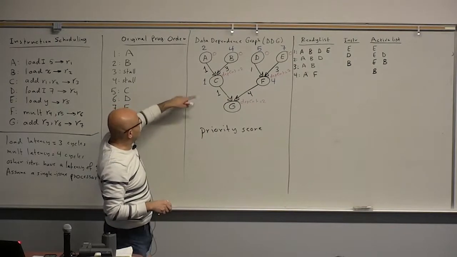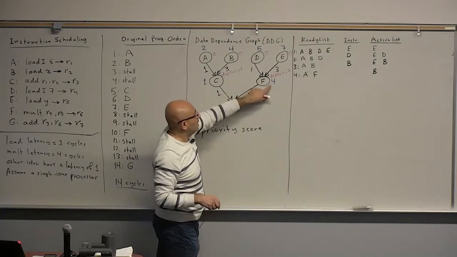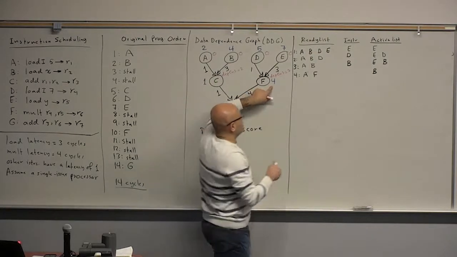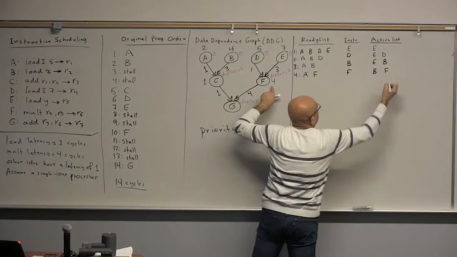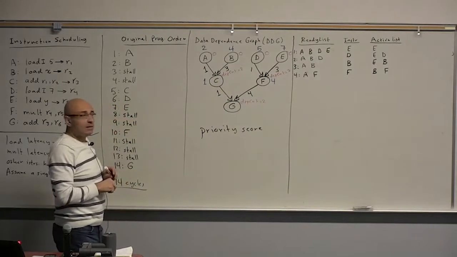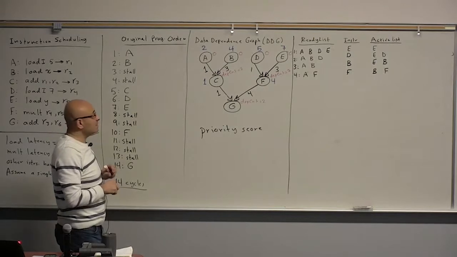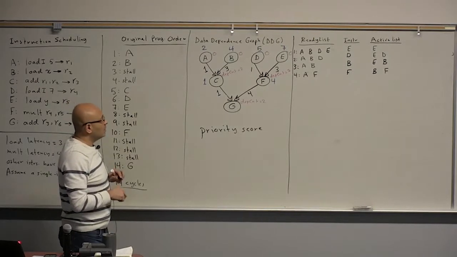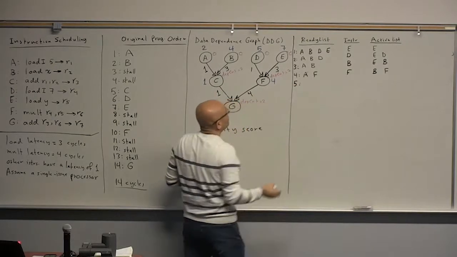So F has a bigger critical path. So we will select F. So now F is active. F and B are active now. Okay. Is everyone following this? Okay. Now in cycle 5,